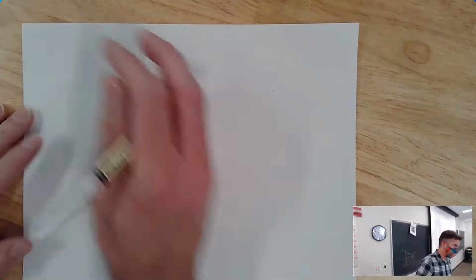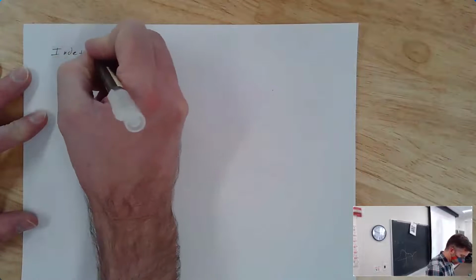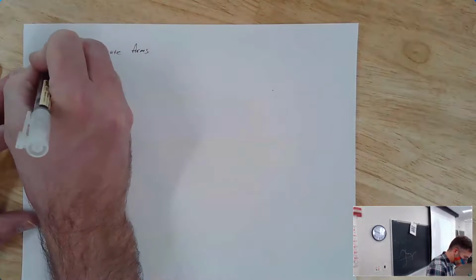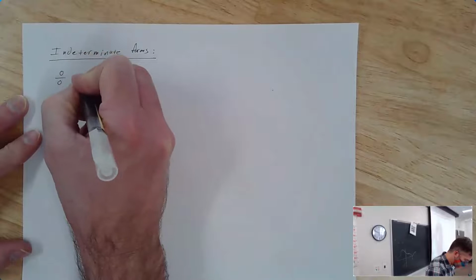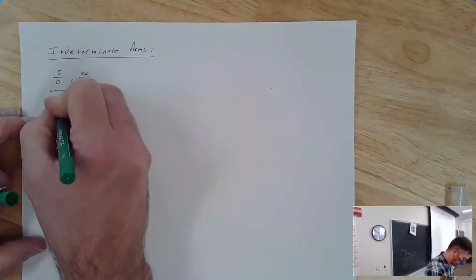There's a lot of different types of indeterminate forms. So here's a not quite comprehensive list. Indeterminate forms. And again, what I want to point out is when I say something is 0, what I mean is it's really small. When I say something is infinity, I mean it's getting very large. So we've already seen 0 over 0 and infinity over infinity. And these are the two where we can just straight up use L'Hopital's rule.